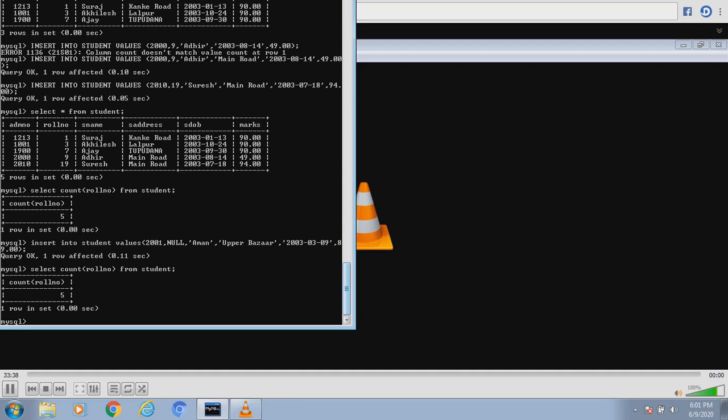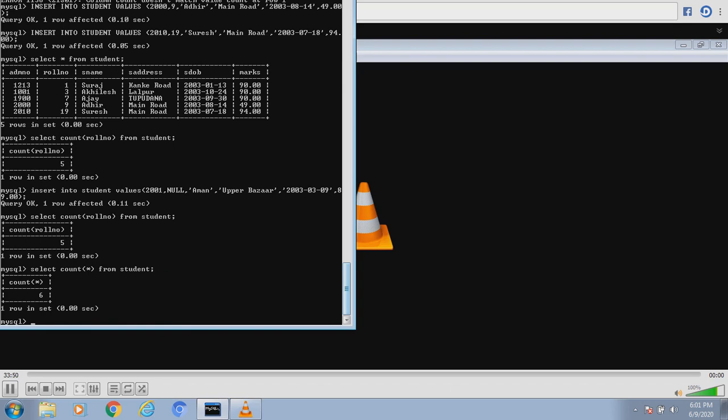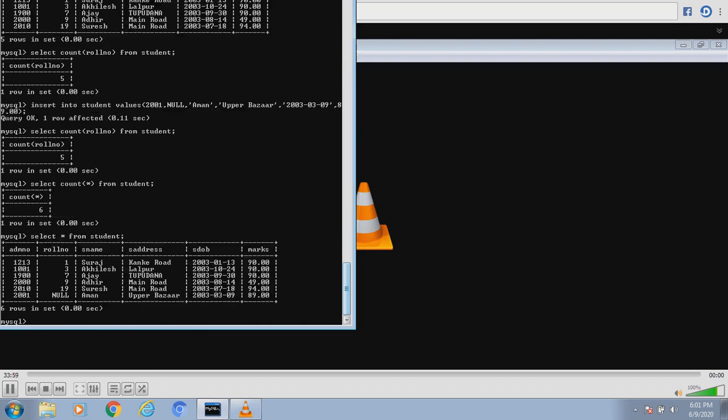That means if I use say count star instead of roll number, the same table would give us 6, but roll number they would give 5. Why they are giving in this way? Because select star from student has 6 records but 5 roll number. The last student, that is Aman's roll number, has not yet been given. So I think students, you have understood the use of count.